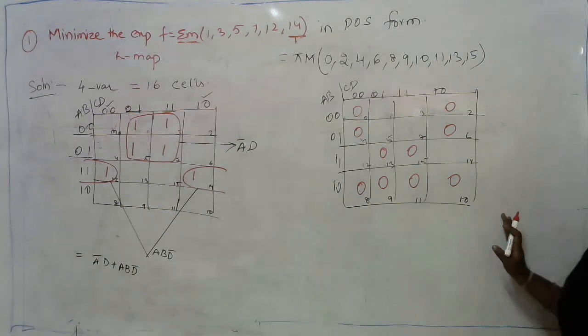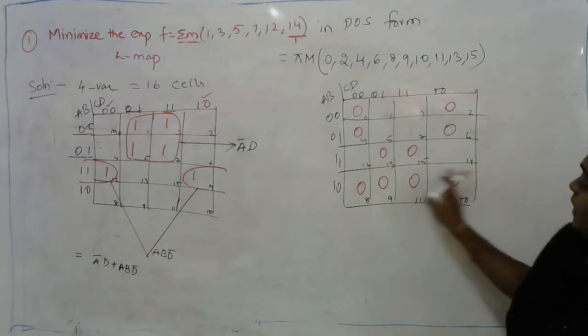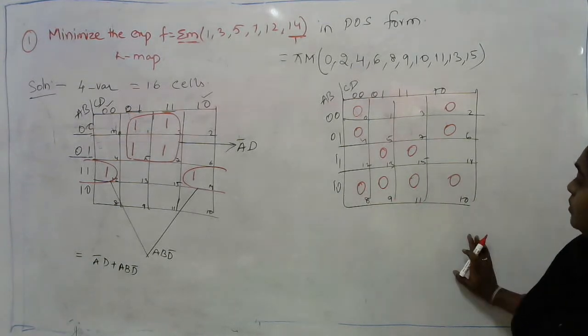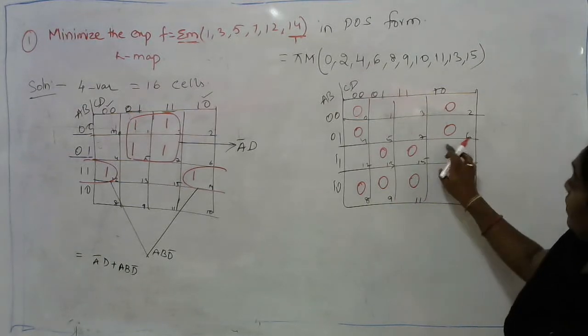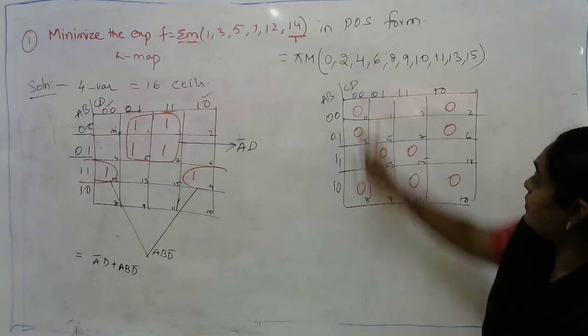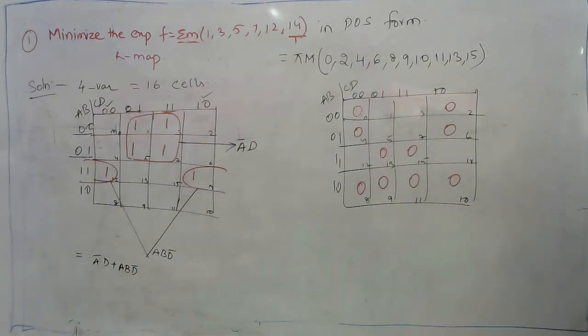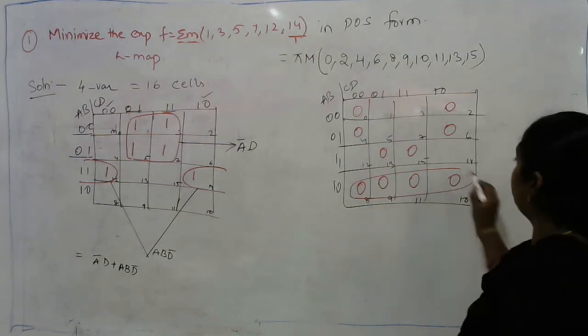So if all the 8 are present at the same position, we can group them. Here, as I am having these zeros at this point, I can make the first column as well as the fourth column as one octet. But as there are no zeros at the 12th and 4th position, I will not be able to group 8 cells. So I am grouping 4 cells. This is one 4-cell group.